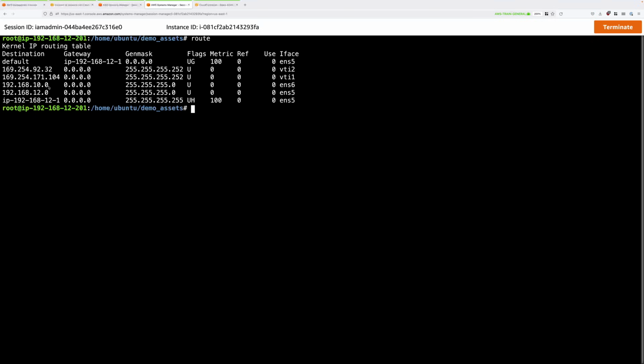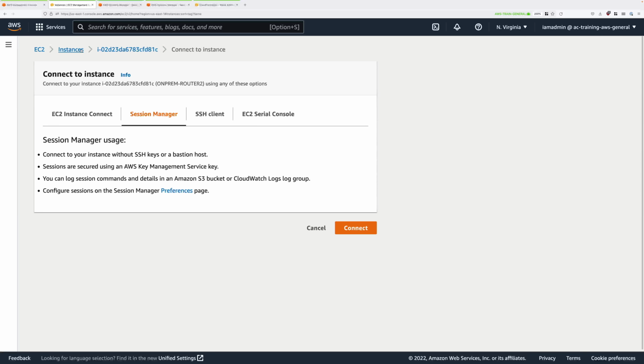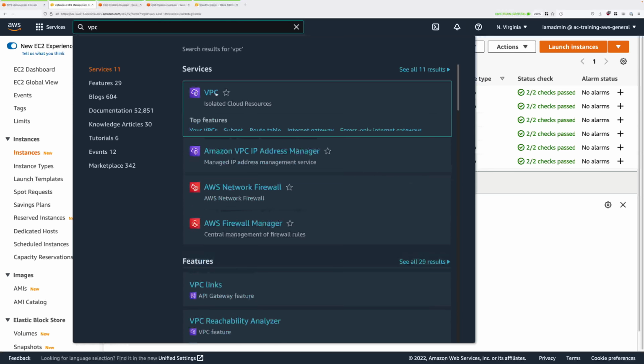But it has no knowledge of any of the AWS networks, which are 10.16.0.0/16.